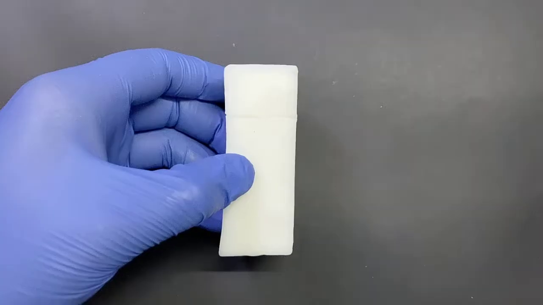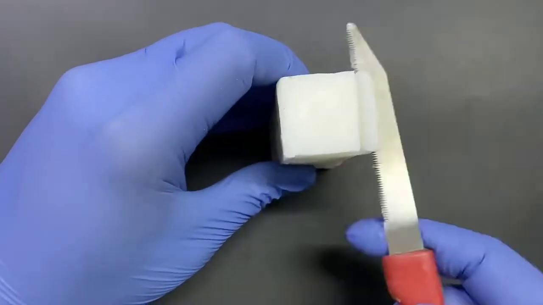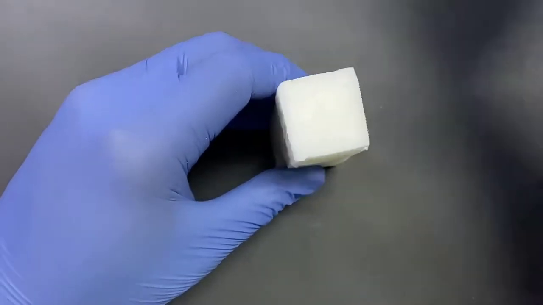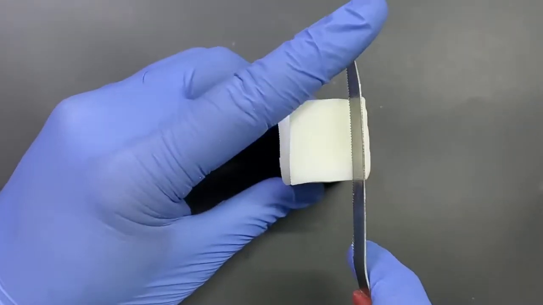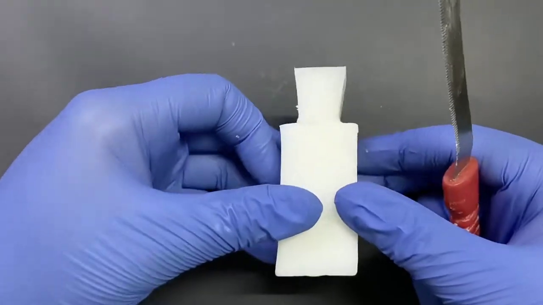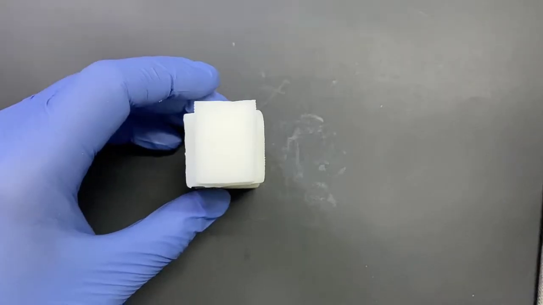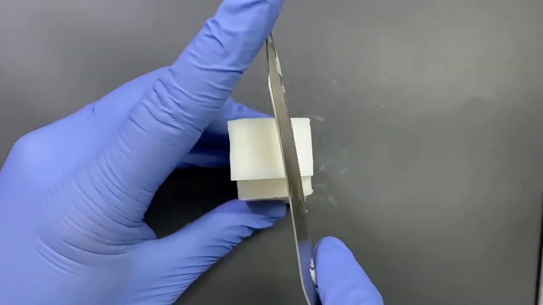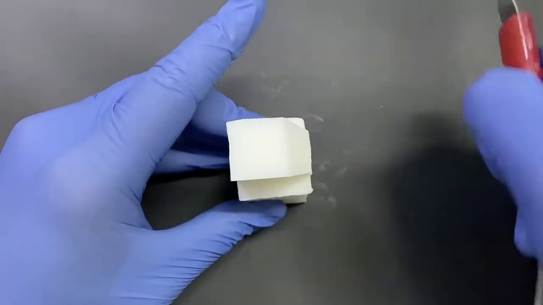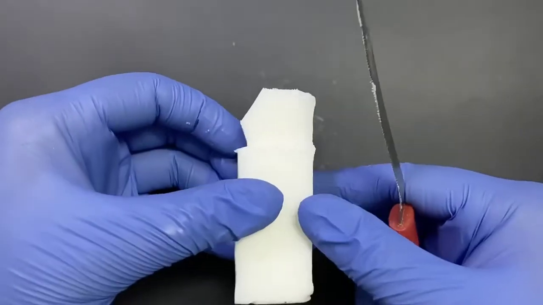As you can see on the labial aspect, the mesial and the distal COCs are not very much contrasting. They actually are situated incisal to the junction of the incisal and the middle third. Okay, so the junction of the incisal and the middle third, just take it 0.5 mm above that, you will get the COCs for the mesial and the distal both. The mandibular central incisor is a completely bilaterally symmetrical tooth.